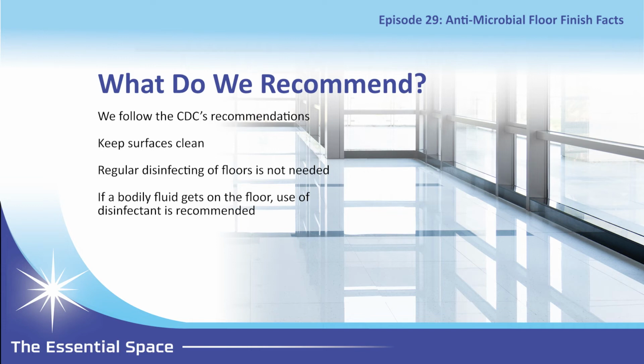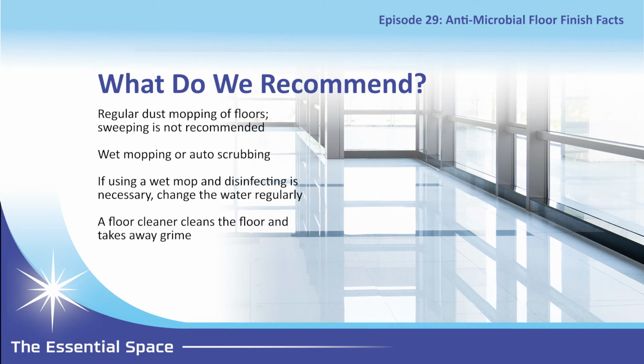Now, that being said, a floor would need to be regularly cleaned. And in the instance of, we deal a lot in schools, so if a bodily fluid were to get on the floor, then you would want to get your disinfectant out and clean that up. Otherwise, regular dust mopping, sweeping is not recommended, because that throws dust up into the air. So a dust mop that will attract dust and keep it to itself,